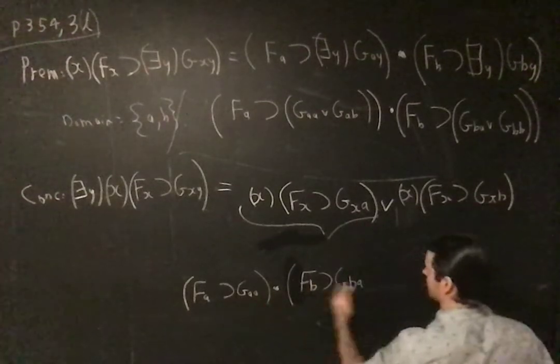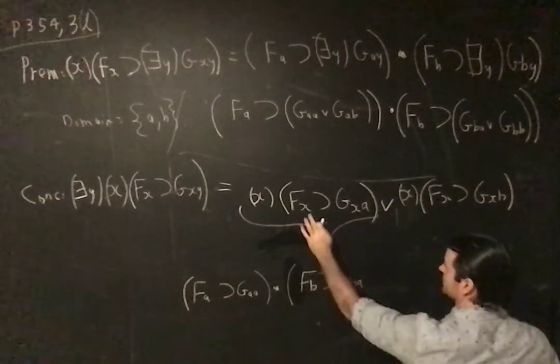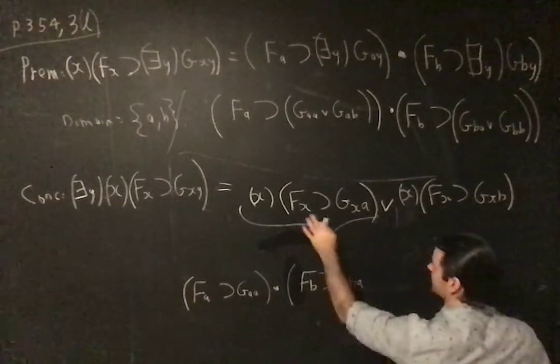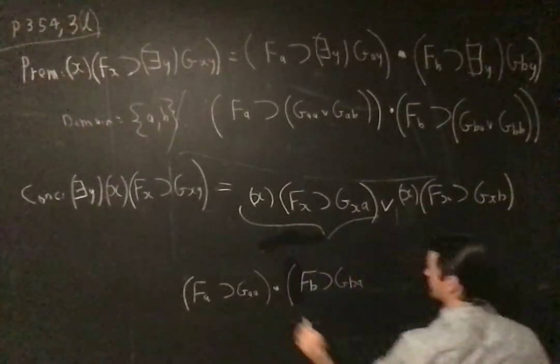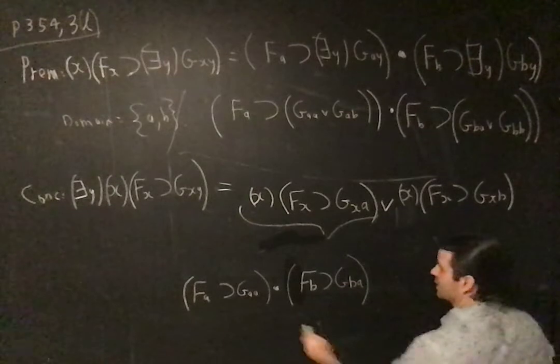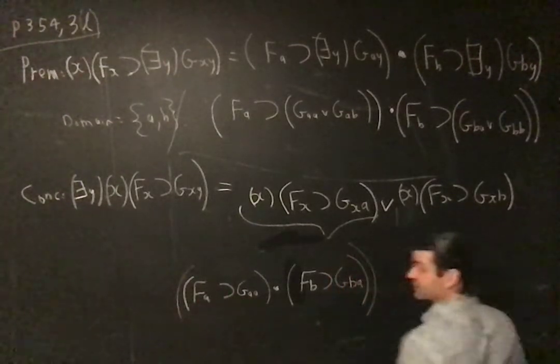The A stays in the second position both times, but the X's become B's here, the X's become A's here, right? So there's that together as the left conjunct